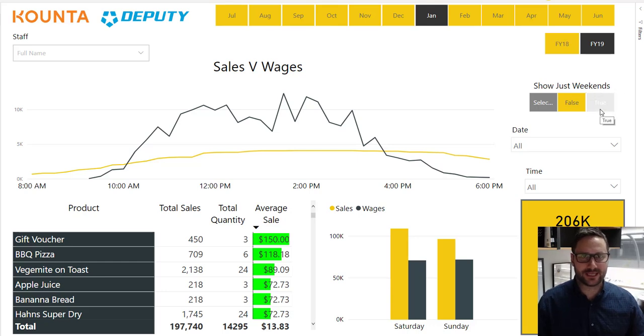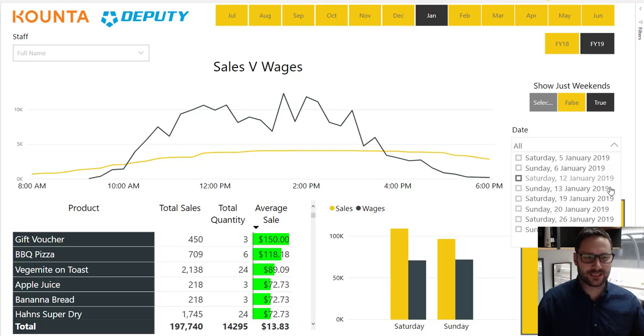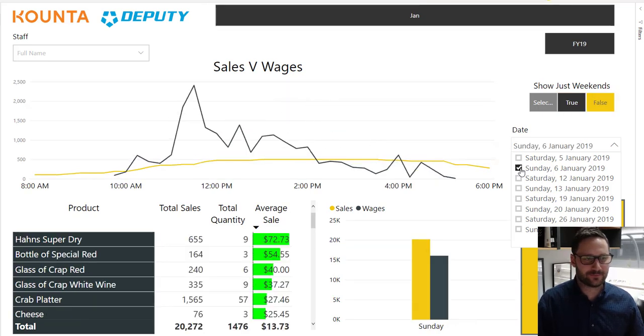We're only looking at the weekends because you can change that obviously. And then as you can see, here's all the different Saturdays and Sundays that we're looking at. So basically it's like averaging out the sales across all the periods. So the power here is just being able to slice it up and look at this ratio of sales to wages. So if we actually drill down into the 6th of January, so this Sunday is a classic example of